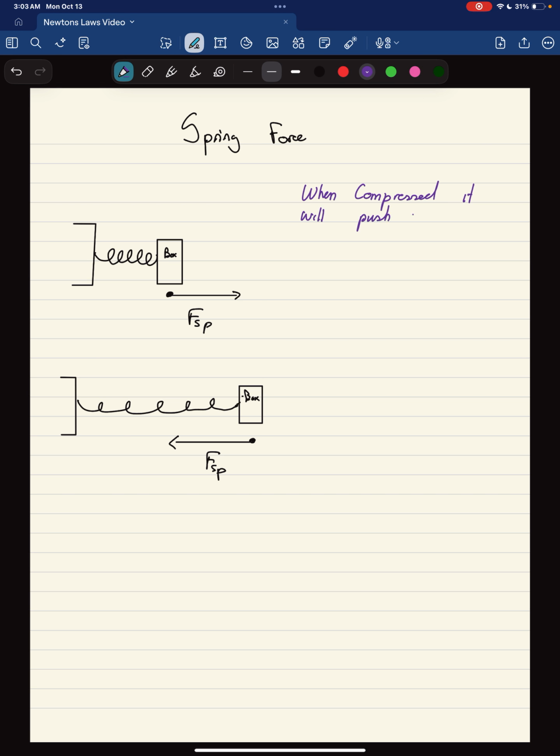So thus, our free body diagram, our FBD of the box, will look like this. We have, let's say, our box on the surface, normal, weight, then our spring force will be that way. Now when it's stretched,